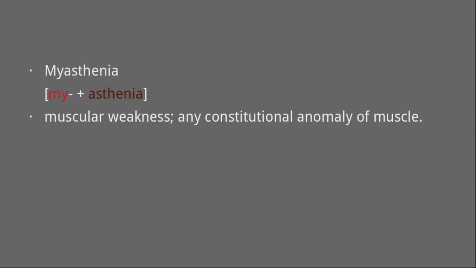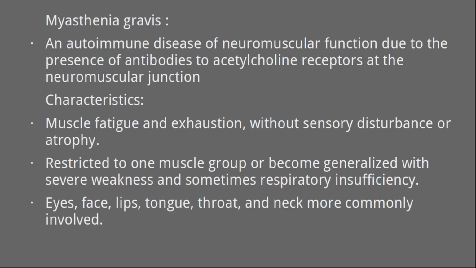First, we have myasthenia, which is a condition characterized by muscular weakness. The prefix my means muscle, so myasthenia literally translates to muscular weakness. This term can also refer to any constitutional anomaly of muscle. Myasthenia gravis is an autoimmune disease of neuromuscular function due to the presence of antibodies to acetylcholine receptors at the